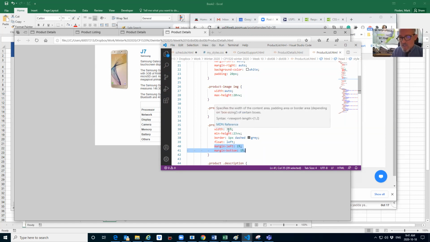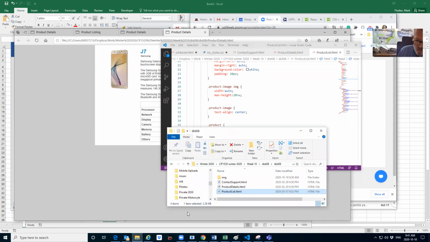So we got 31% times 3. That's going to be 93%. And then we got our 2 margins. So times that by 3 is 6. It's going to be 97%. We're pretty tight in the way that works. So that's nice. Also, if I go back and have a look at that,